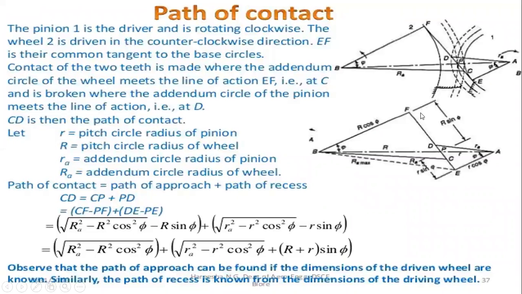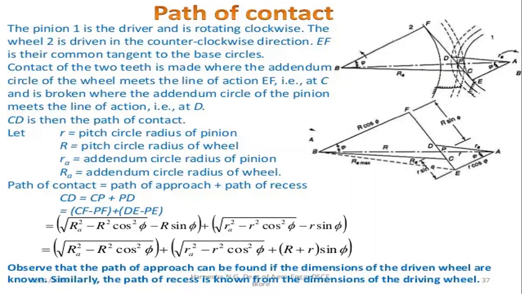Firstly, you have to take two gears. One is the driver gear, another one is the driven gear. One moves in the clockwise direction and the other in the anti-clockwise direction. When we take two gears meshing with each other, one travels in the opposite direction of the other gear. The driver gear rotates in the clockwise direction and the driven wheel moves in the anti-clockwise, that is, the counterclockwise direction.